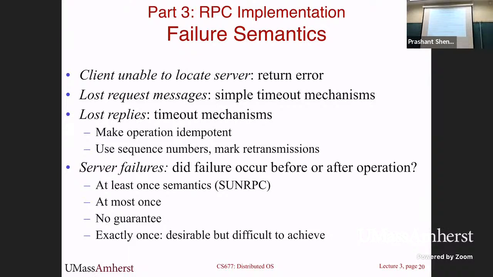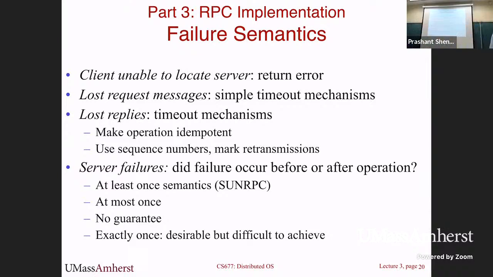Okay. So you want to make sure that even if you increment this account balance by $100 10 times, it's not actually going to give you 10 times the amount in the balance. So you have to write your RPC system to deal with this. And the way you are going to have to do it is in the implementation, you will have to